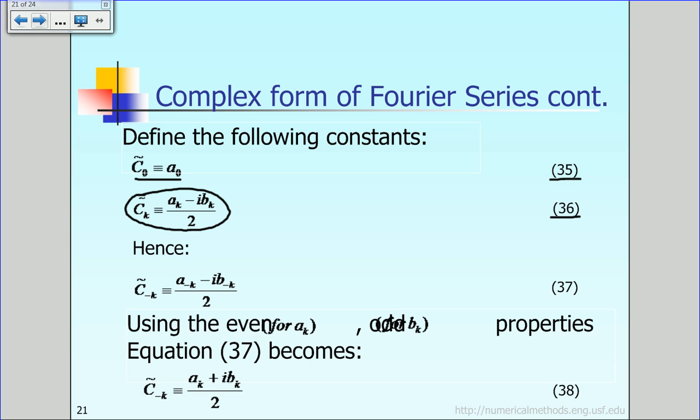Now, we want to explain a little bit more about equation 36. Suppose you look at equation 36 and then you replace k with minus k. Let's see what happens. You can see in here, a with the subscript minus k is the same thing as a